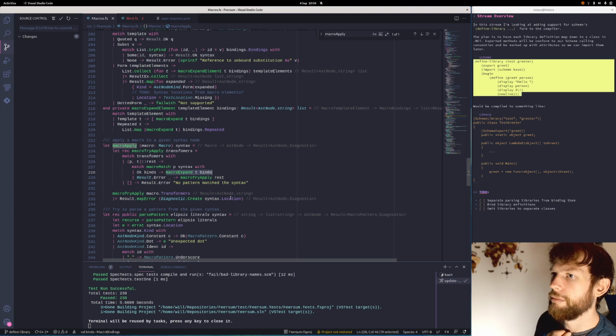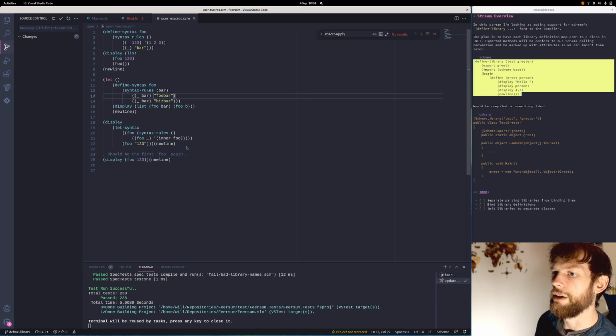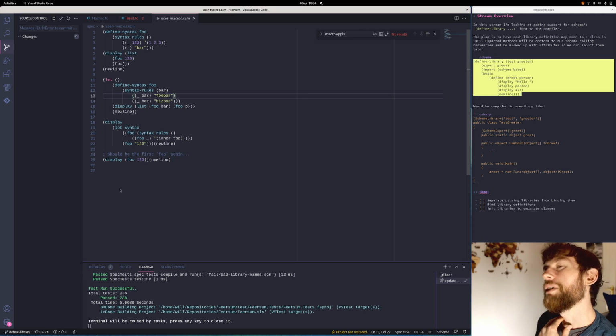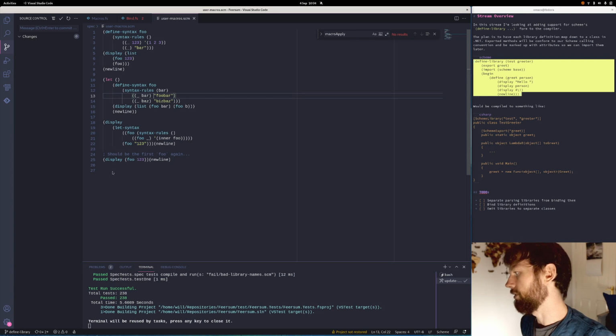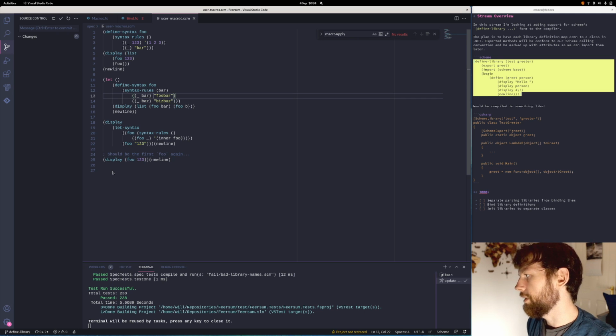And we then turn that back into a diagnostic. So at compile time, if you referenced a macro that can't be applied, you actually get a compile time error for it. I don't know if that's a good or a bad thing, but it's definitely a thing. I think that's correct in terms of scheme. If you're referencing a macro and it could never apply, the program shouldn't work. But